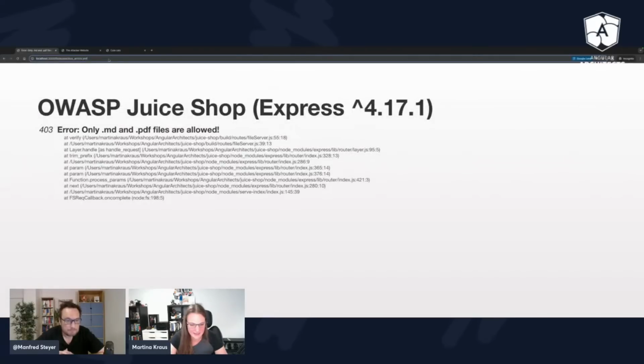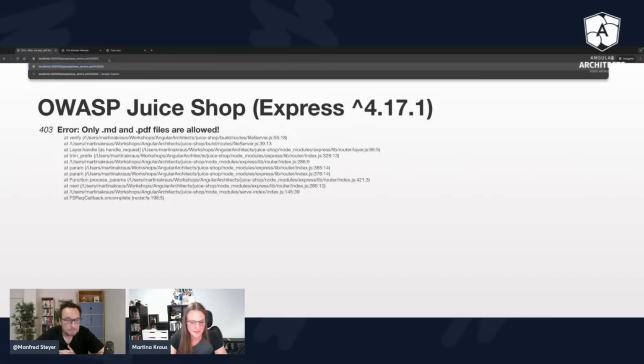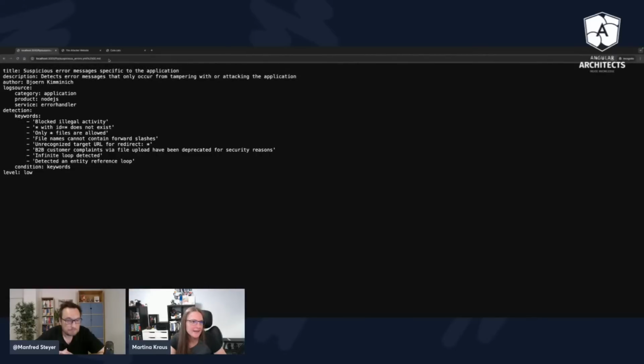I just need to add this 2500%.md again, and then we can take a look at this YAML file with the suspicious error codes, and we can do this with all of these kinds of things. Nice. I like it. This is already a little bit deeper, and of course you need a little bit more understanding about file systems and so on. But yes, these are all kinds of attacks you can use for the front end.